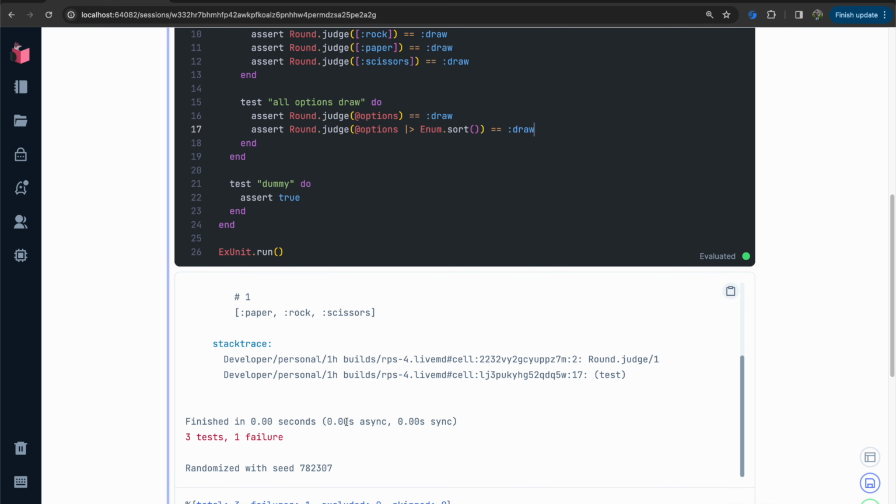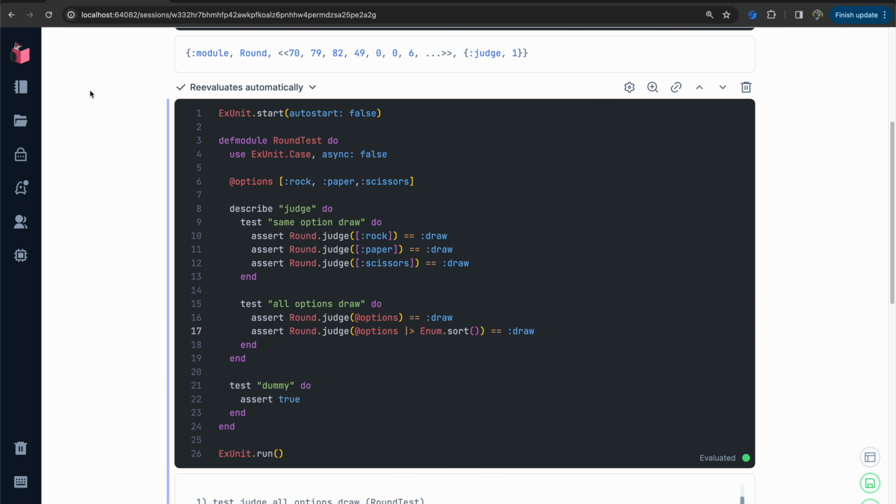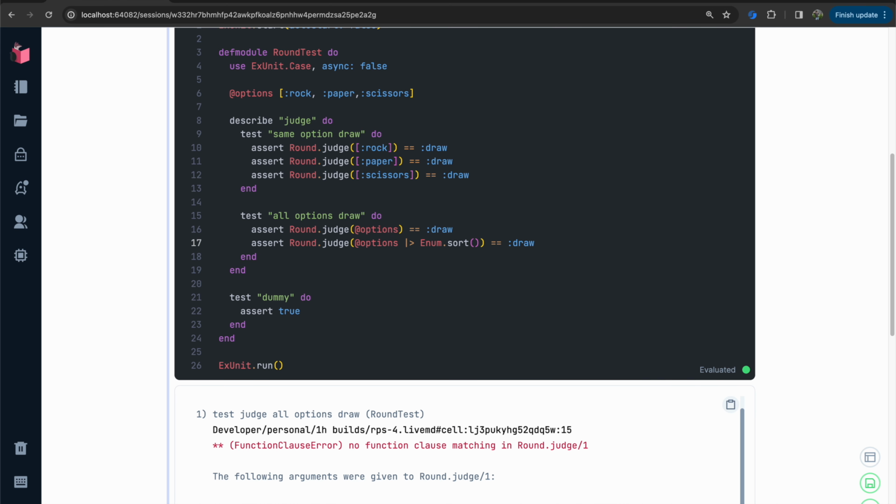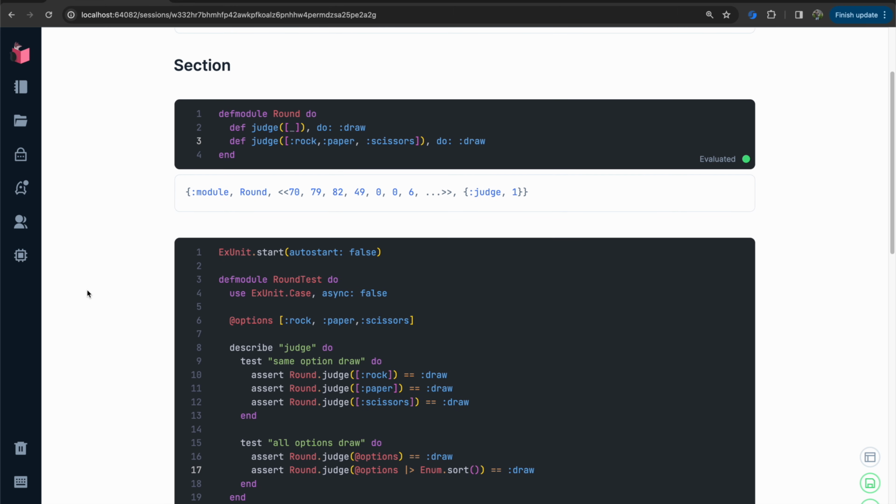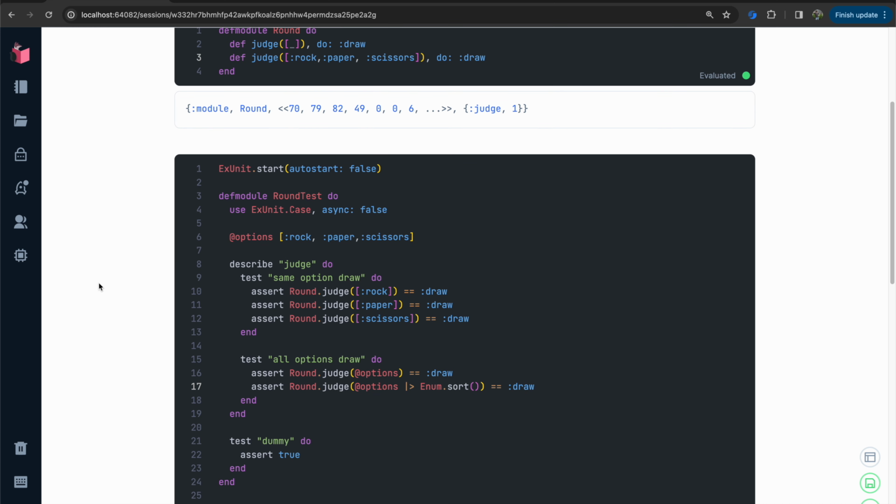And we run it again. That now fails because we have a clause for rock, paper, scissors, but we've gotten paper, rock, scissors. So we have a couple of options here. One is we implement a clause for every possible permutation, and continue that approach with all the other clauses we need to implement for the wins, or we implement a contract that says the choices array must always be sorted,